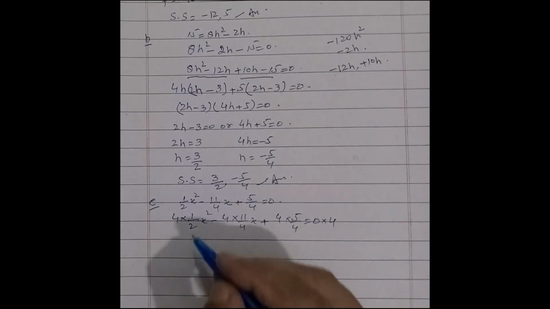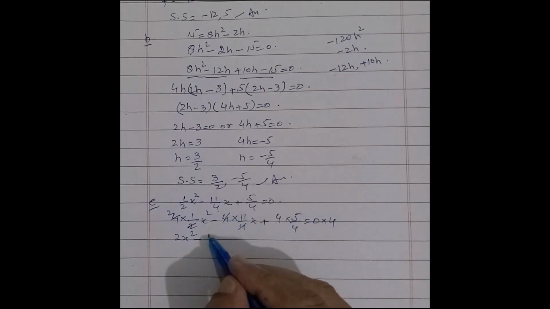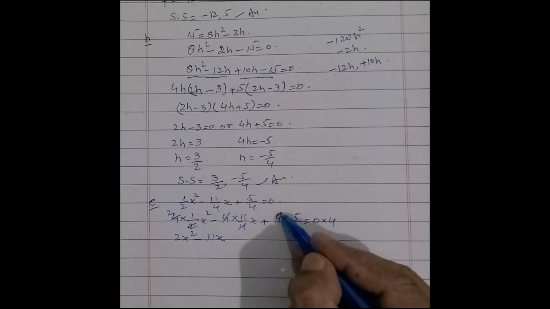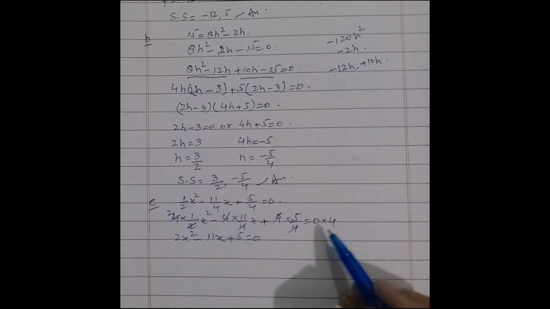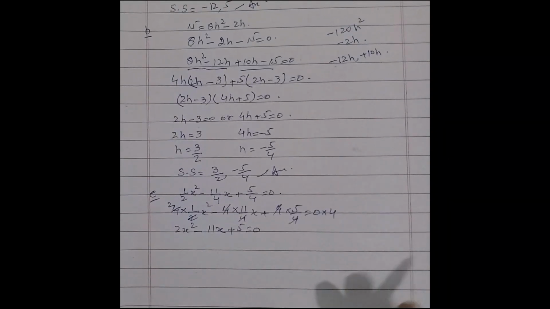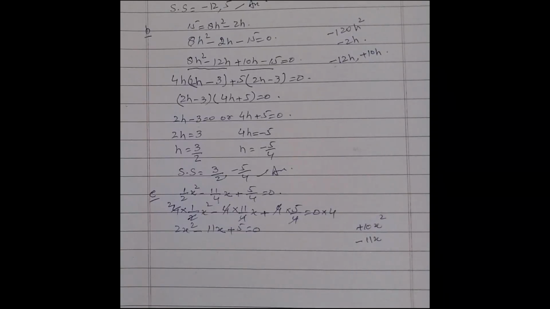Now simplify it. 4 cancels with 2 to give 2. It is 2x square minus 11x, since 4 cancels with 4, plus 5 is equal to 0, because 0 multiplied by 4 is 0. Now we factorize these values. 2 multiplied by 5 is plus 10 x square, and the middle value is minus 11. The factors are